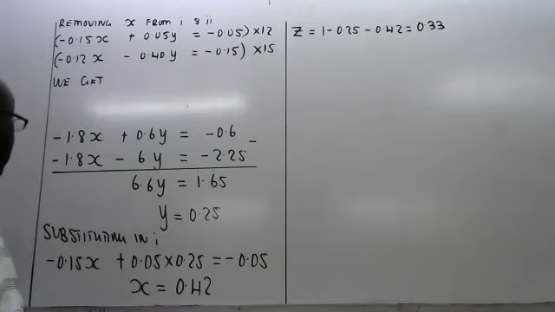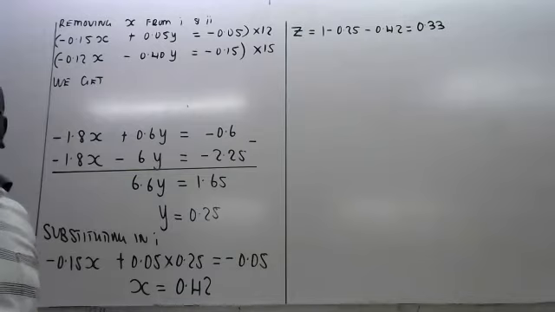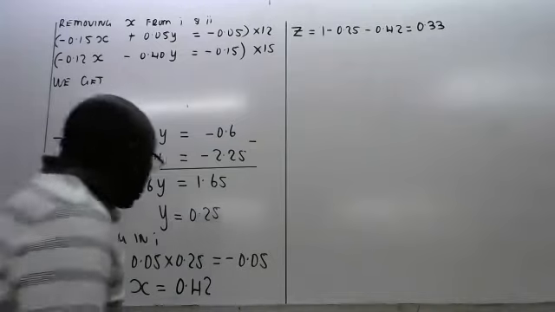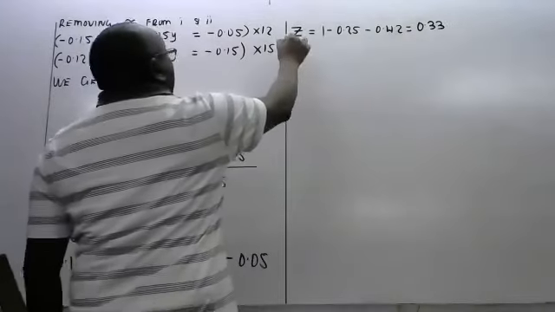Substitution of 1. Iko sawa kabisa. This is 0.05. Iko sawa kabisa. Check how what you copied earlier on. Iko sawa. Iko sawa. So thus,